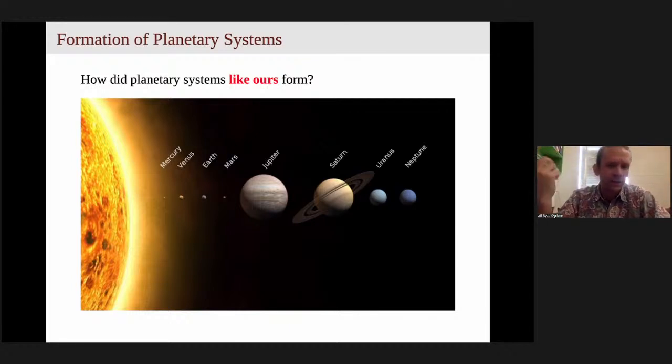One of, I think, the most fundamental questions in science is, are we alone? Is there intelligent life elsewhere in the universe? And to understand that, to understand intelligent life as we know it, how that evolved, we're interested in how planetary systems like ours evolved, because we know that intelligent life evolved at least on one planet in our own solar